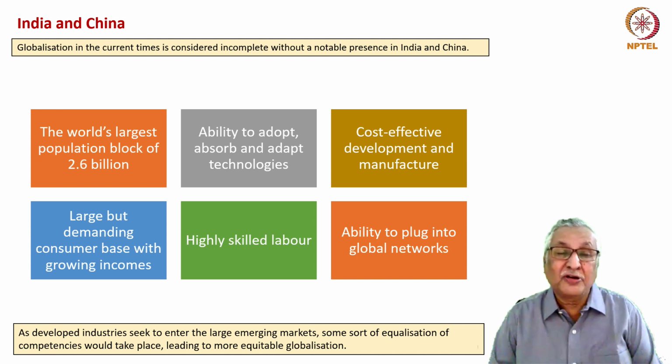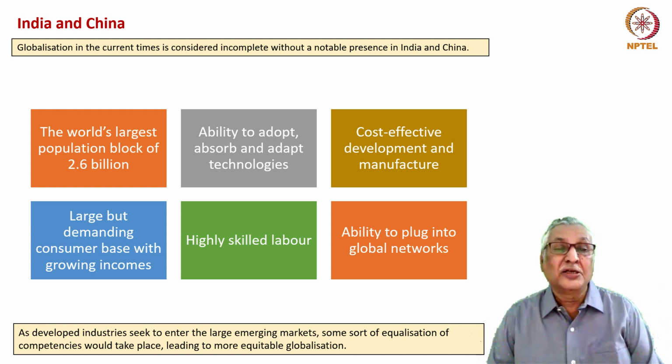The fact that we have developed our own vaccine for COVID-19 and also the first intranasal vaccine for COVID-19 reflects the technological and scientific ability of the Indian industry and the scientific institutions. And more such capabilities are on the anvil, particularly in the food processing industry. Indian research institutions have lots of capabilities which are yet to be exploited by the Indian industry. Cost effective development and manufacture goes without saying as far as the emerging economies of India and China are concerned.